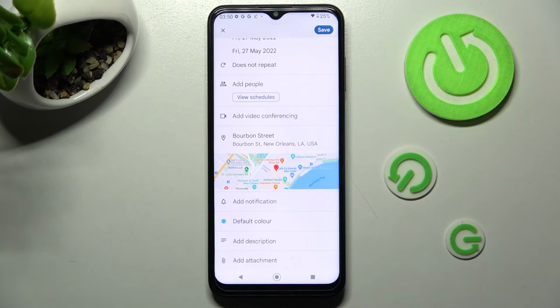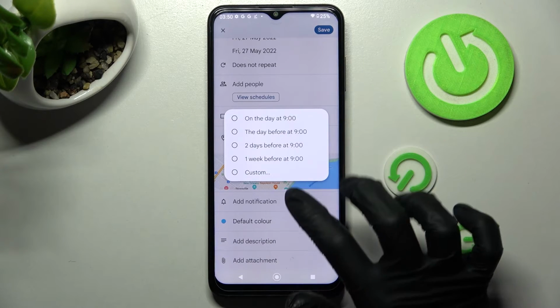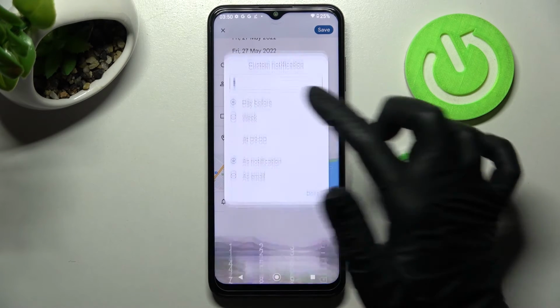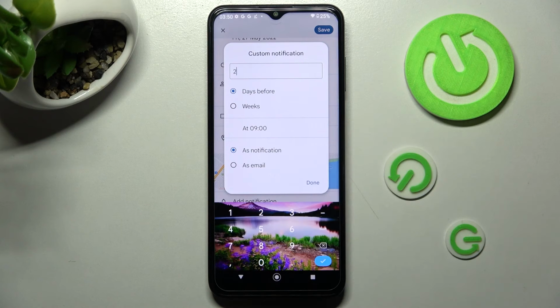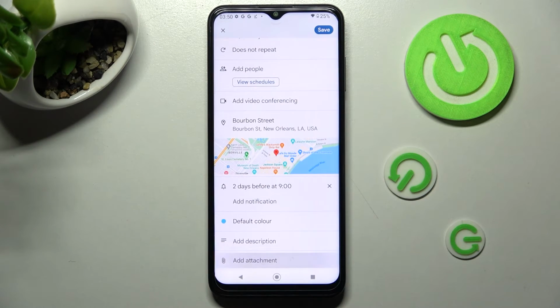Then scroll down, click on Add Notification, and set up notifications minutes, hours, or weeks before your event. I will go with 2 days before. Then click on Done. Now you can also add attachments,